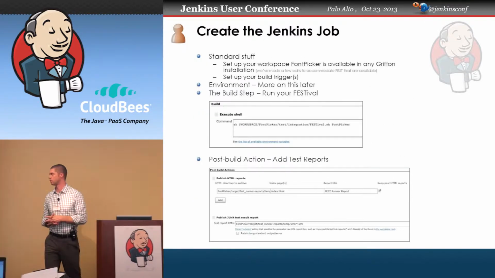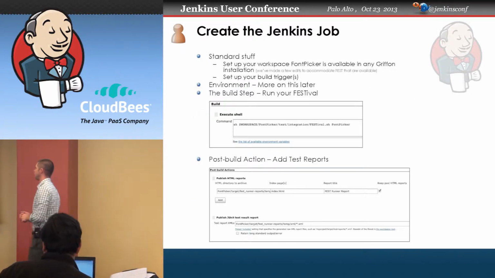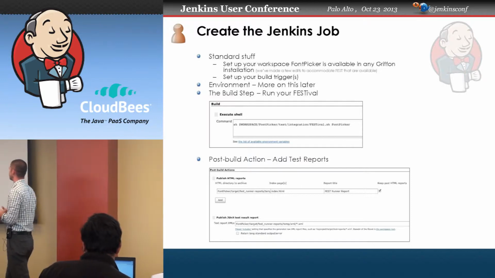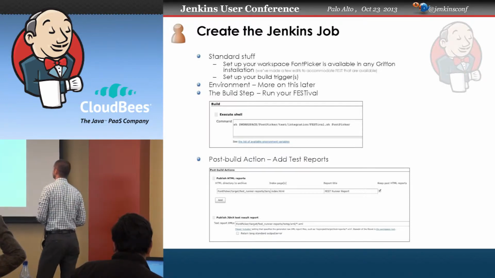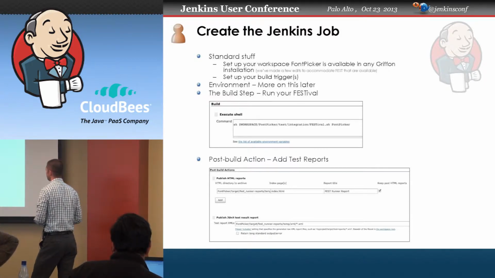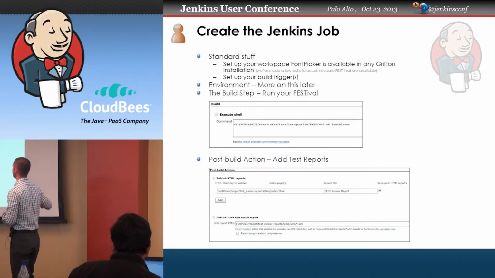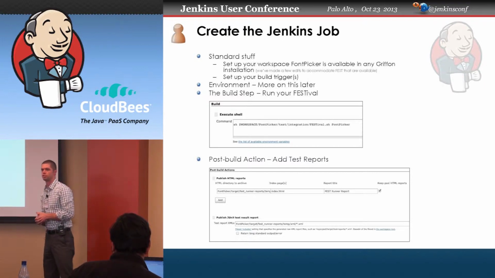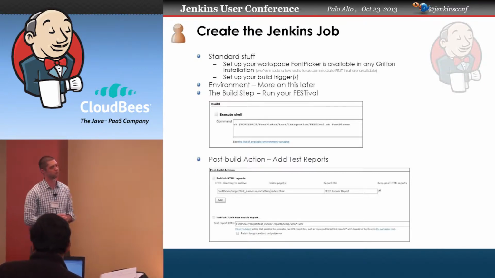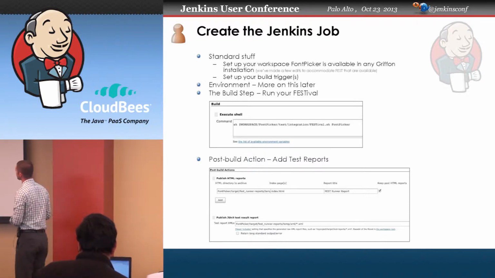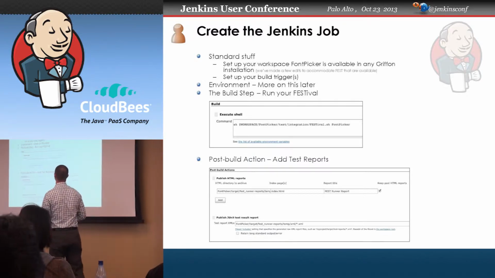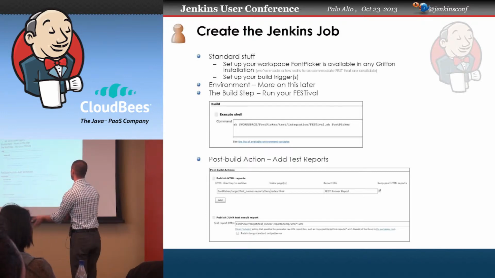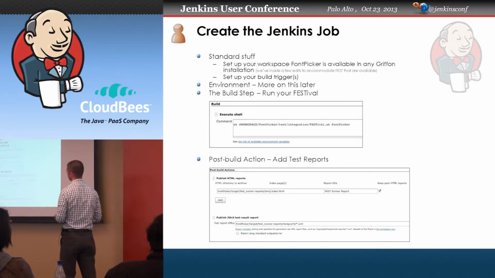The job setup's pretty simple. Standard stuff, so you'll want some sort of trigger, or you can just run it ad hoc, through the UI or through the API. We'll talk about the environment on the next slide, but really all it includes is one build step. It's just a shell step or bash execution step, and all you're going to do is go out to the workspace in question, run festival.sh,